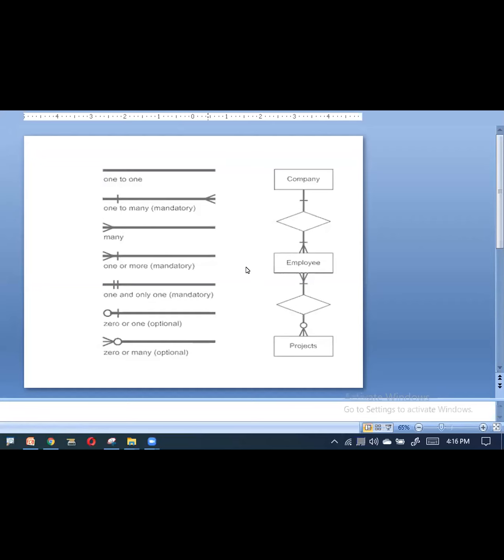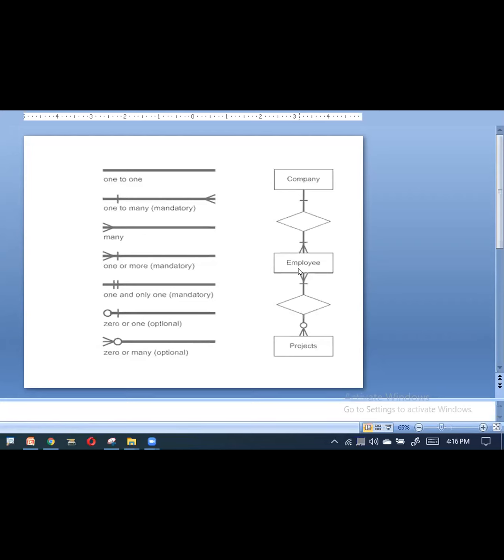So here in this diagram, I'm using employees; there are many employees like this. See here, this is the diagram, one mandatory. So this is compulsory. Okay, I'm having the projects. Now here I am saying zero or nil. That means this employee, I am the employee of that particular company. I may have the project or may not have the project, or my colleagues may have the project but may not have the project. So it is a zero to many option. So I'll be displaying it like this.